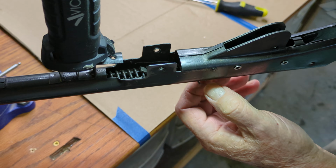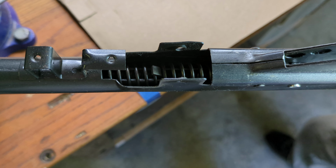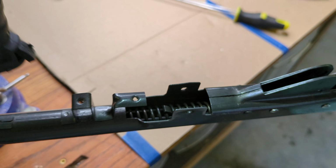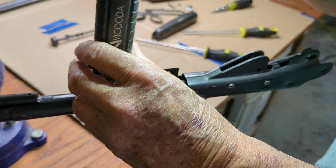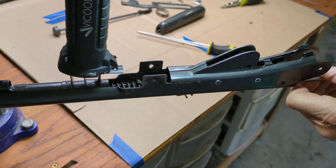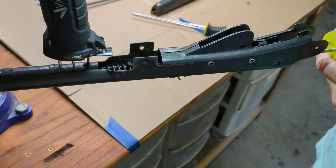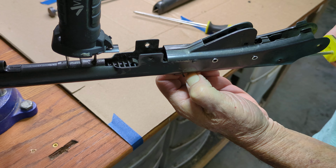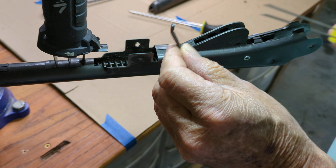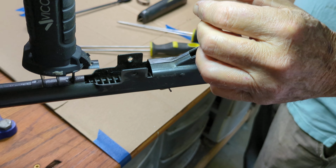Well, now this is curious. No, it's where it's supposed to be. I thought maybe the mainspring might have gotten looped back on the plunger assembly, but not the case. So we'll just kind of fiddle with it till we get it without cutting ourselves. There we go. We've got the spring stop extracted. So now it's time to